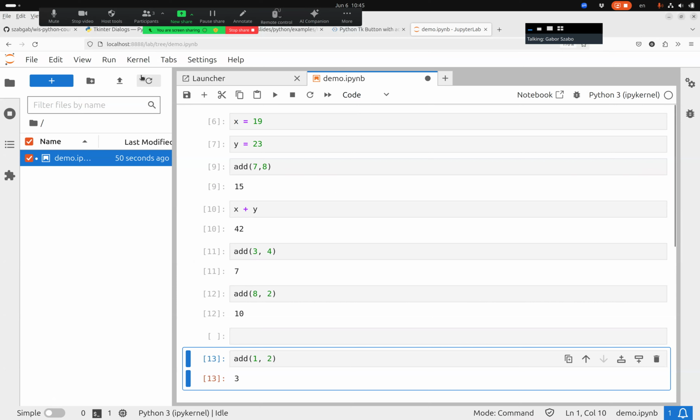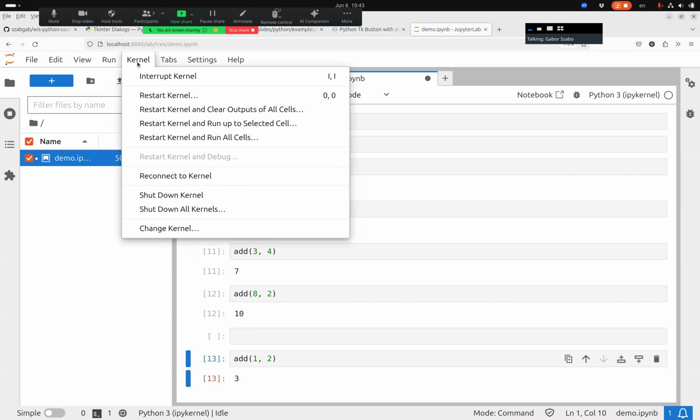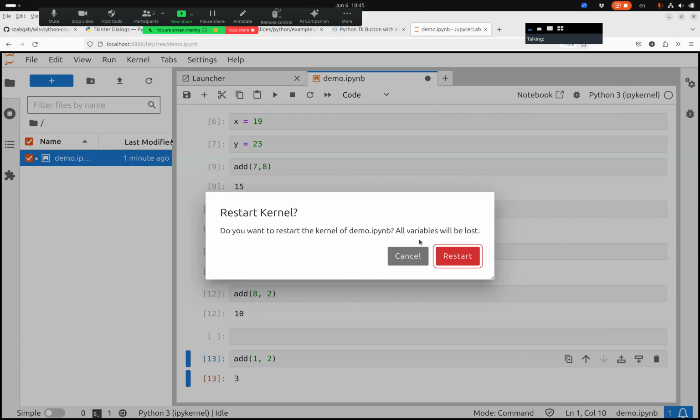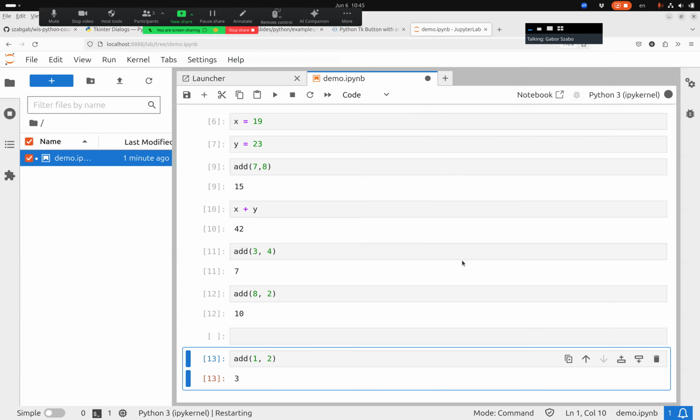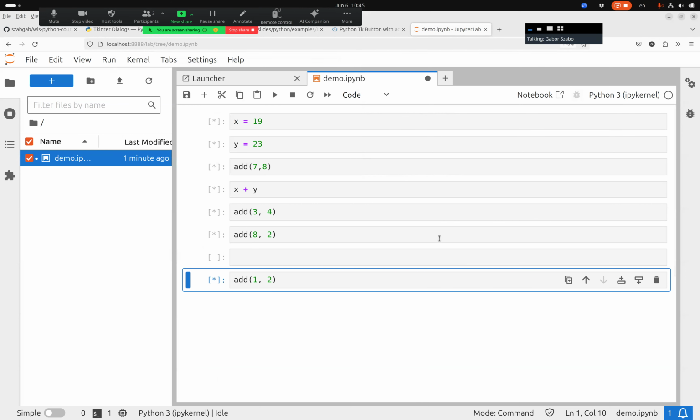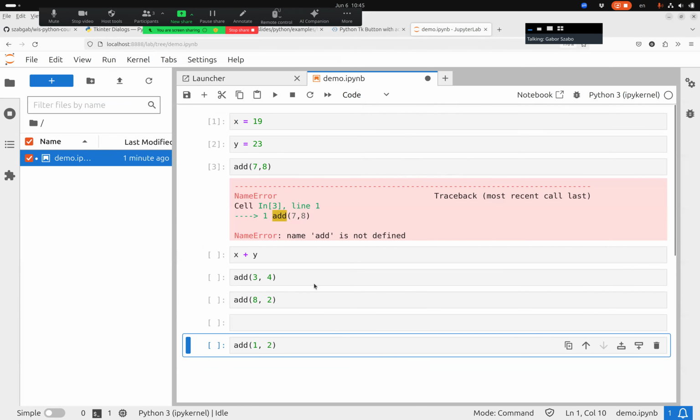Because I can say here, kernel, restart kernel, and run all cells, okay? And then it will blow up because we don't have the add. Now it's trying to run, okay? It executed these two, and the third one, it blew up because there's no add function. So this is sort of a danger. I would like to warn you that